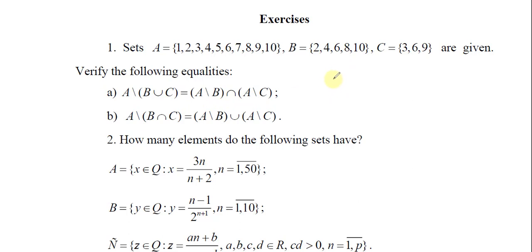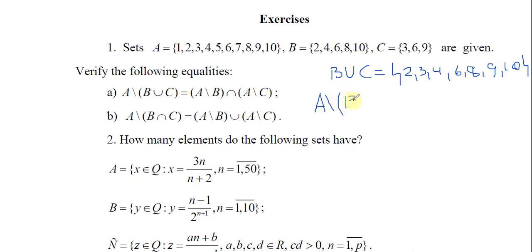Let's write B union C. It is 2, 3, 4, 6, 8, 9, and 10. And A minus B union C is